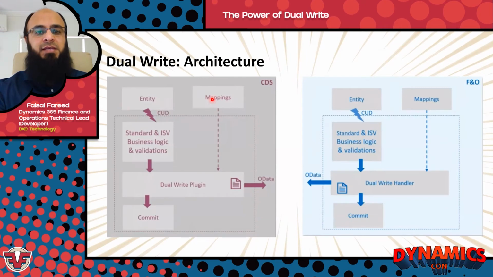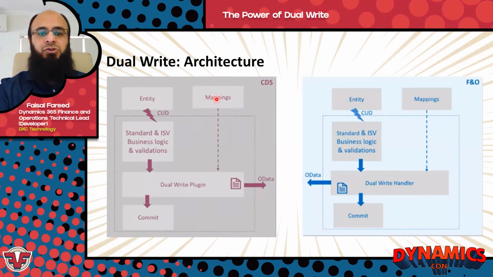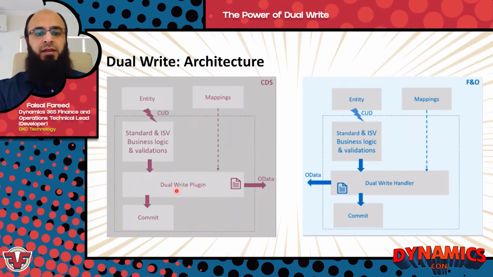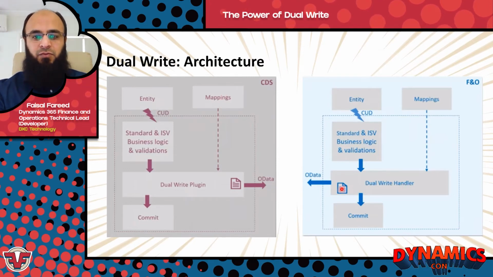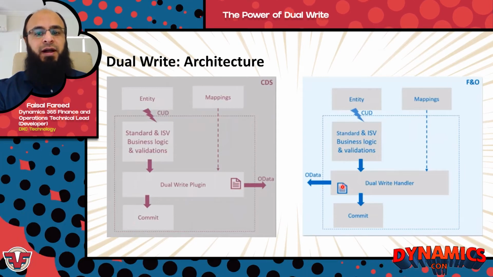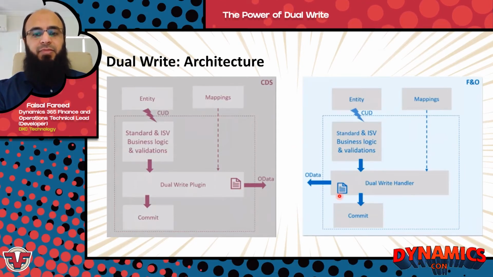Where do these mappings come from? We will define these mappings as part of dual write, which I'll show you shortly. This will not be hard-coded data. It will be using all the mappings, and from the FNO side and the CDS side, we all have mappings defined. Once we have data sitting here, you can see OData here, and this is OData here. This little icon is just a file or data you can think of, and this is going across